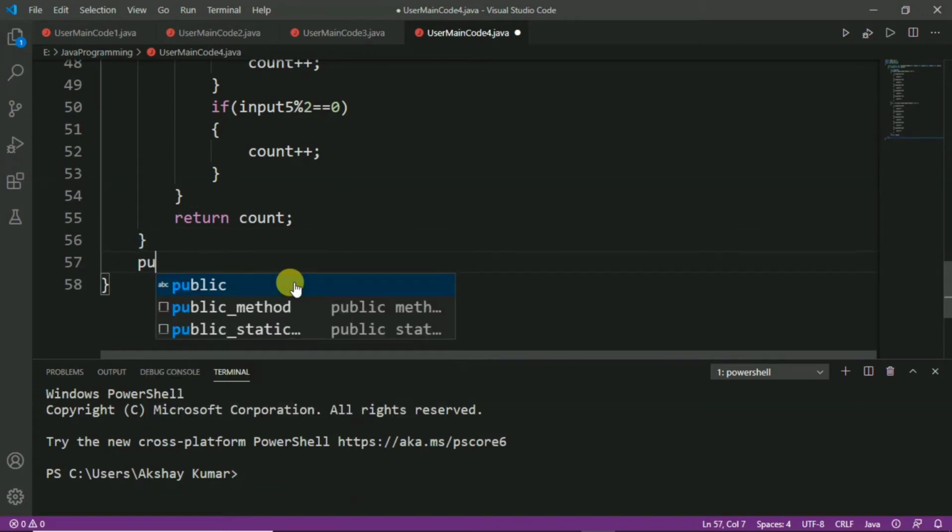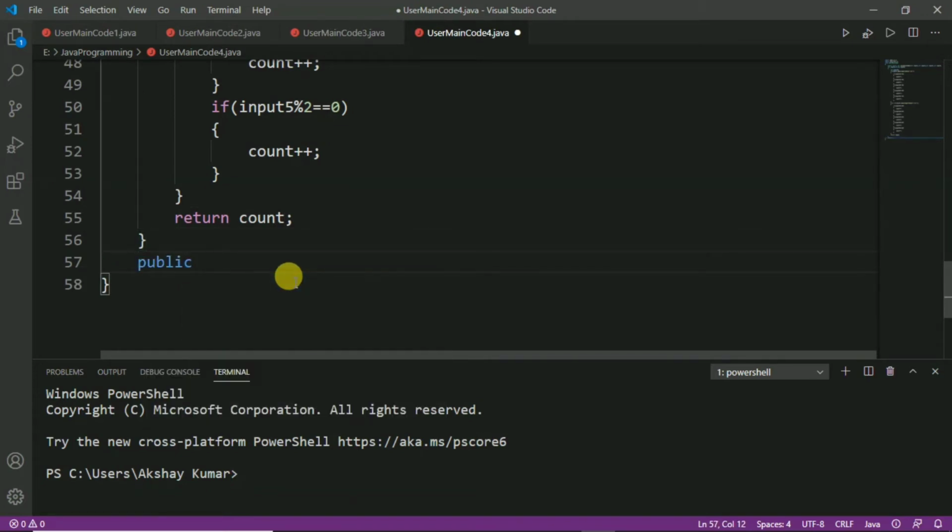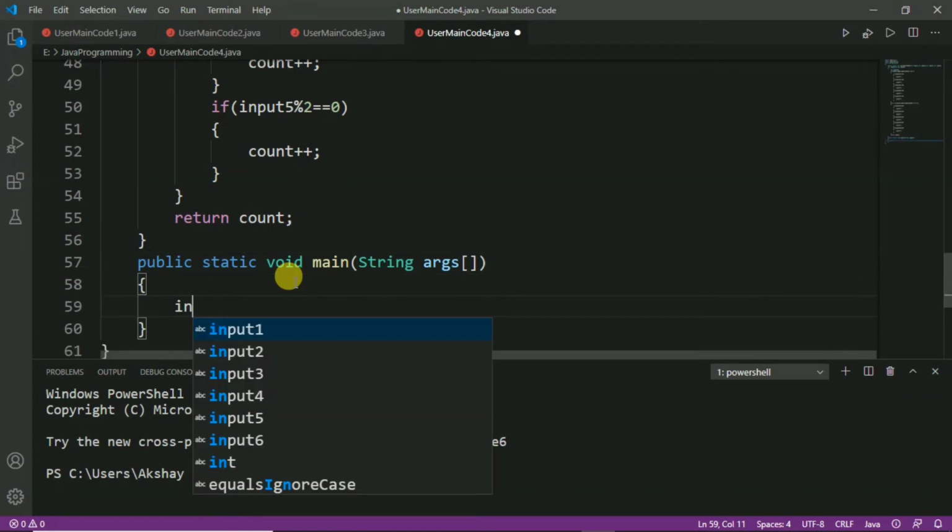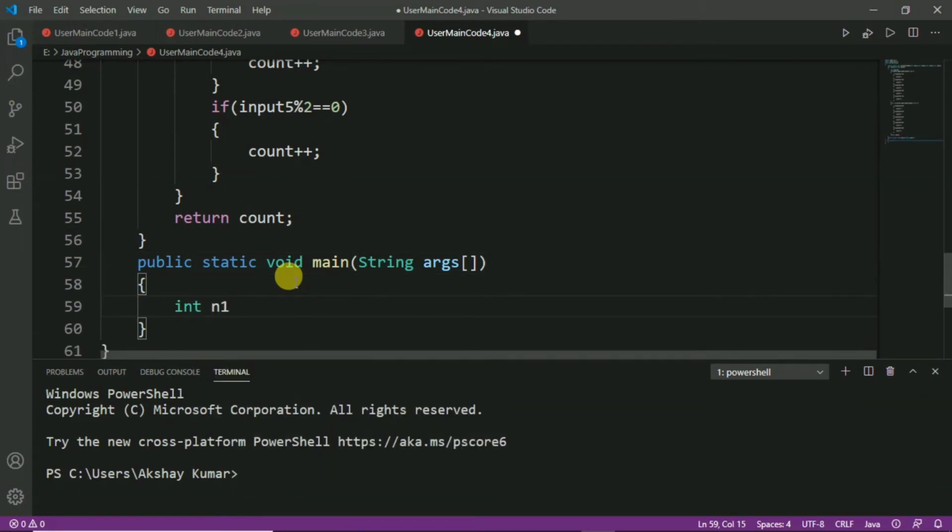Now, we have to write the main function to call the above function. So, we write public static void main(String[] args), and after that we will declare the variables. n1 for input 1, similarly n2 for input 2, and n3, n4 and n5, and we will take x to store the value of the called function.